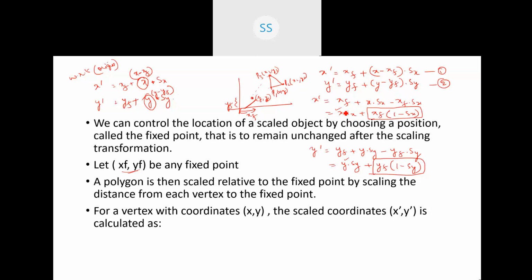So what is changing? Only this x and y value is changing. Nothing else changes, the rest is going to be constant. That way we can reduce computation. That is why we call this part of my equation in equation 1 and 2 constant values. So now that you have understood how you can do the scaling,